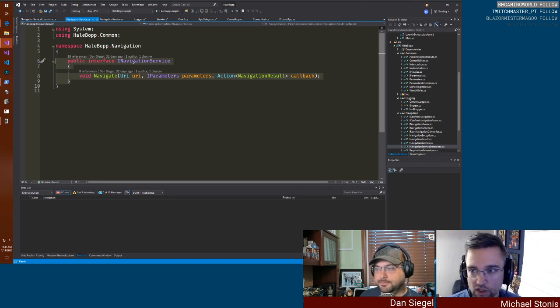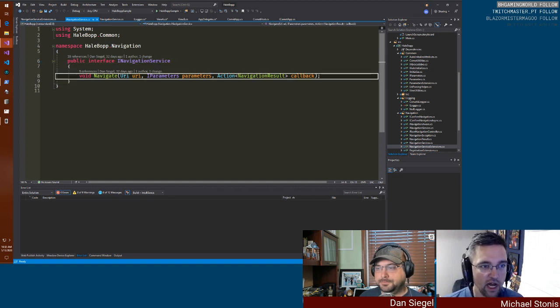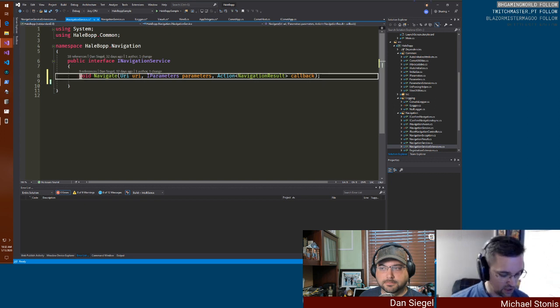If somebody else needs to build their own navigation service, there's not a whole lot of moving parts. It's a single method they actually have to implement. And that's the thing, because even if somebody wants this to be a